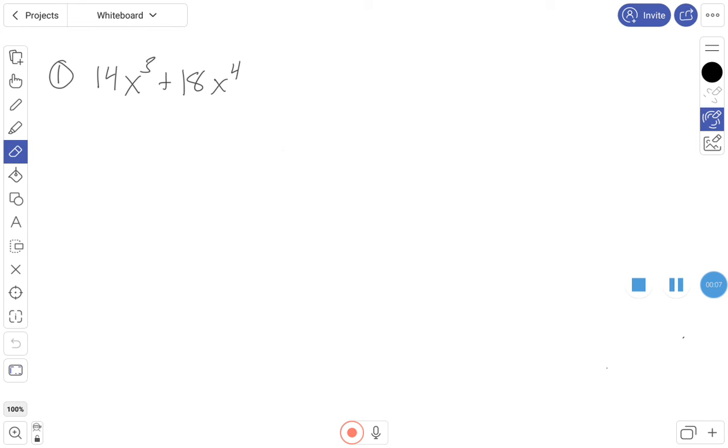So today's going to be a lot like yesterday. The only difference is going to be that now I have coefficients, here, this 14 and this 18. But the questions are still the same. What can I divide out of both parts